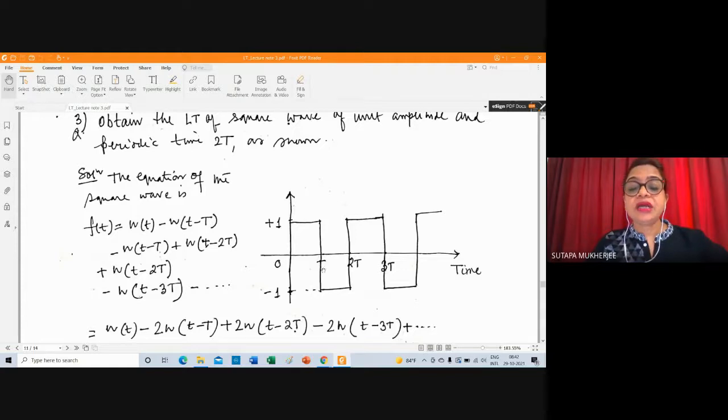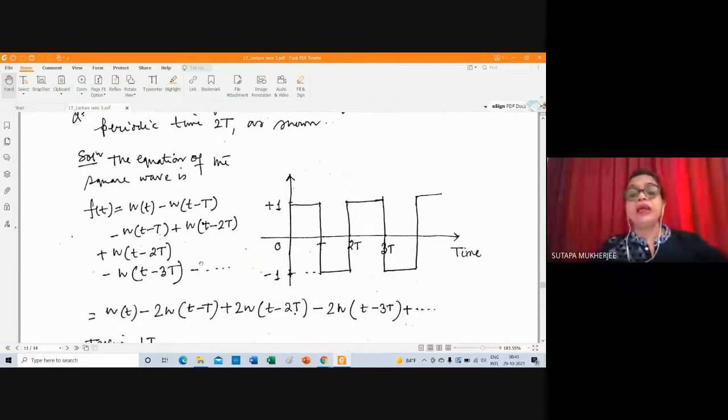And because it comes down, you have to again subtract it. After that, it goes up. If you want to make it go up, what will happen? You have to add u(t minus 2T), because after 2T it will go up. So u(t minus 2T), again u(t minus 2T), because of this and that, this is double u(t minus 2T). Again minus u(t minus 3T). Is it clear to all of you? How can I get this representation of this total function? This is a repetitive function.